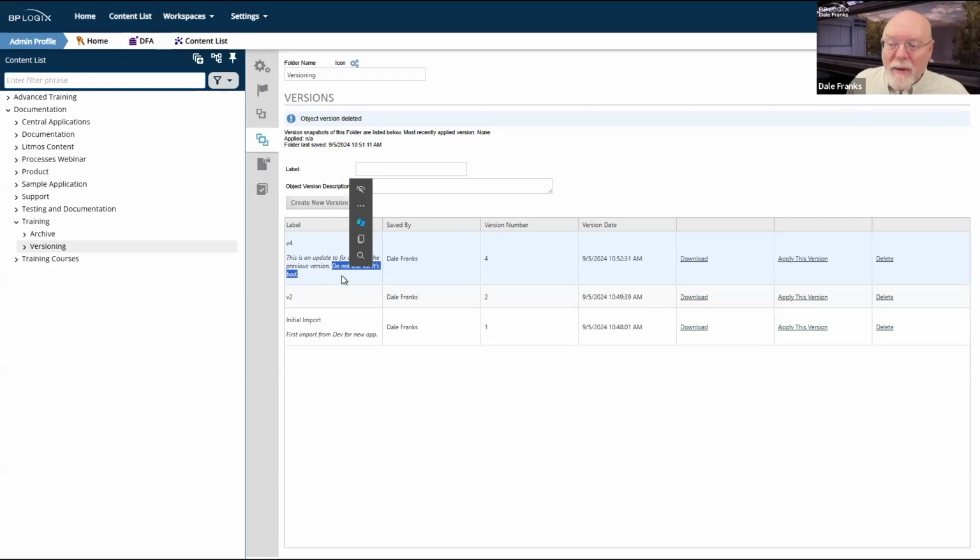If I've made a fundamental mistake in the application itself, that is probably a good reason for deciding, okay, I need to delete, as we did here, version 3, because I've done something on that server that doesn't match how the production server works. And so I need to delete that. It could be a permissions problem, but the type where you just don't want to give users access to certain objects, and you didn't think about that when you were designing it. I mean, this kind of stuff happens all the time.